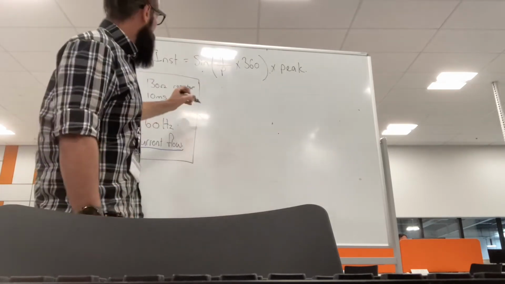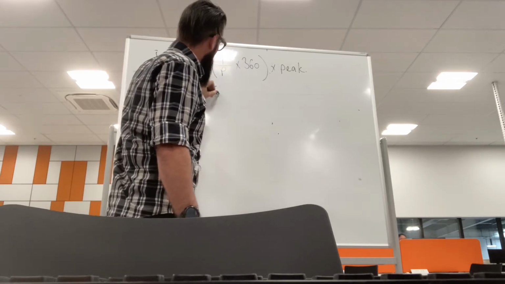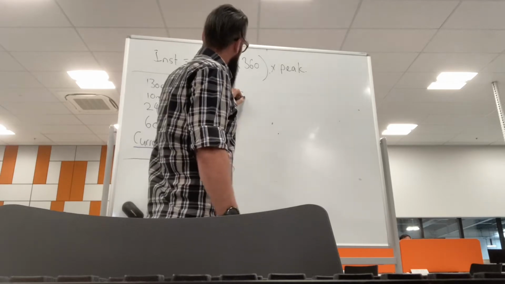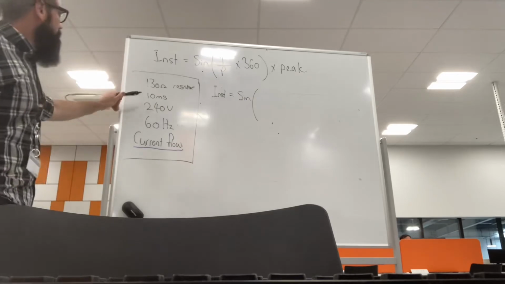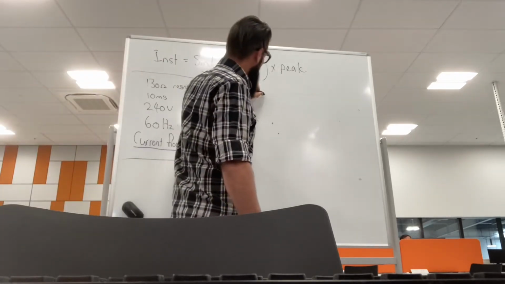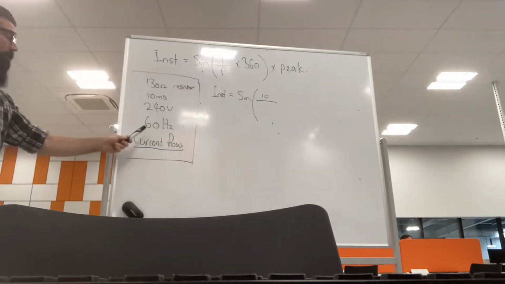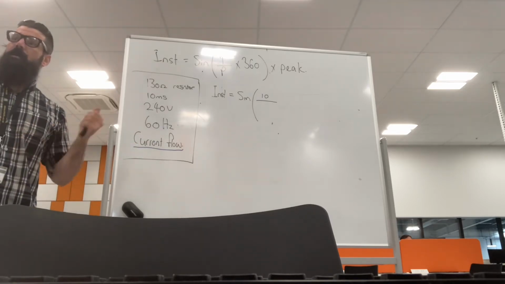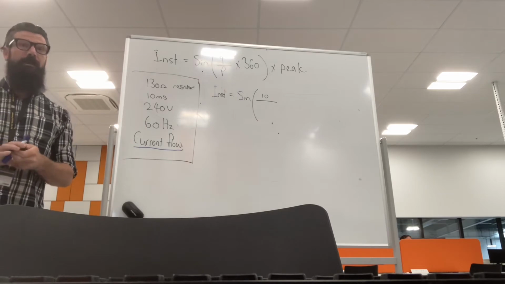If we substitute in the values that we have, instantaneous voltage will be sine of T over P, which is 10 milliseconds, that's our time, over our period. Our period is worked out off the 60 hertz, so 60 cycles per second. Our period in milliseconds will be 1,000, because there's 1,000 milliseconds in a second,